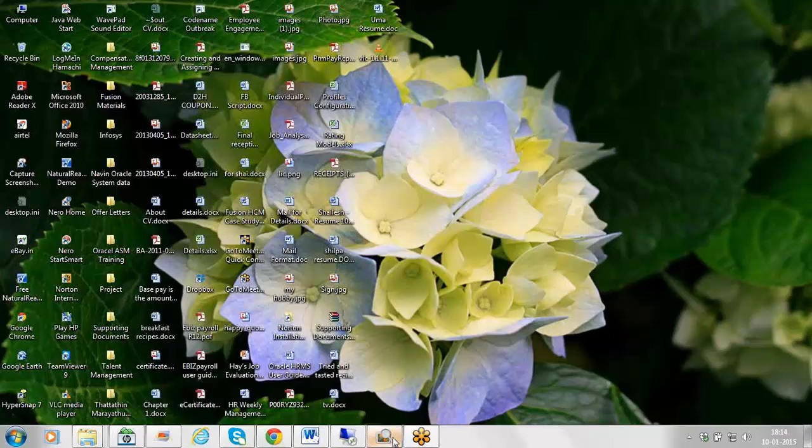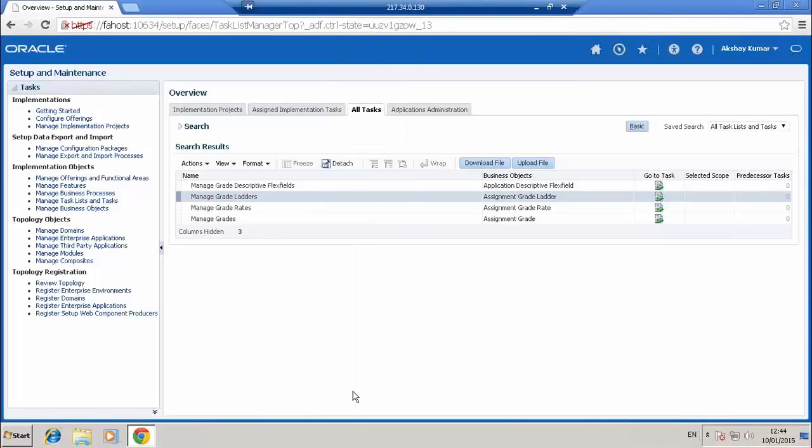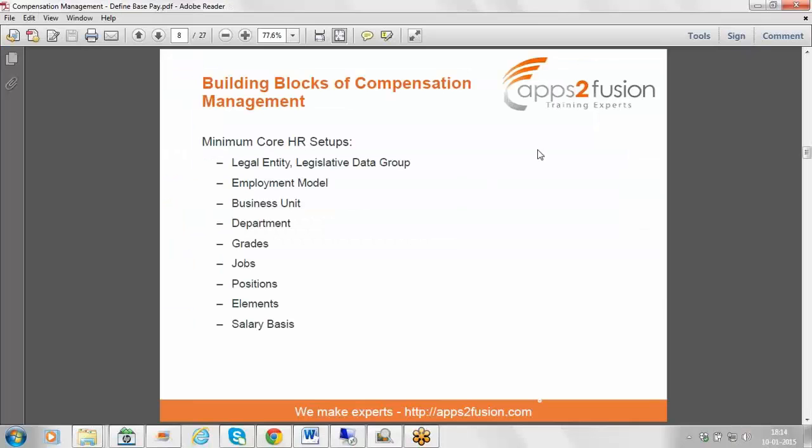So I saw that you left the common set for grades. That's because I remember we did not create any different data set for grades. You just created one. Exactly. So mostly for training purposes, we normally use it as common set. When you get experience and you work on it, if you want that particular grade to appear only for that particular business unit, then you can use the reference set to work it out. So we have completed all the core HR concepts right now.